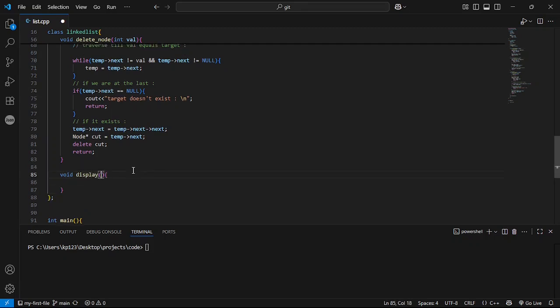So the display function will not have any parameters. It will just display all the elements if they exist in the linked list.